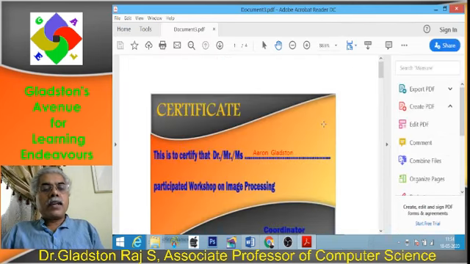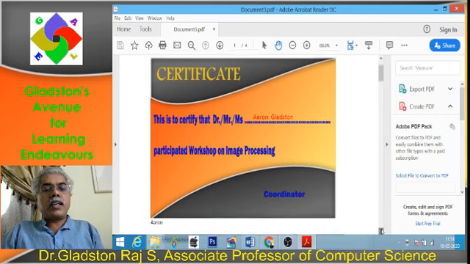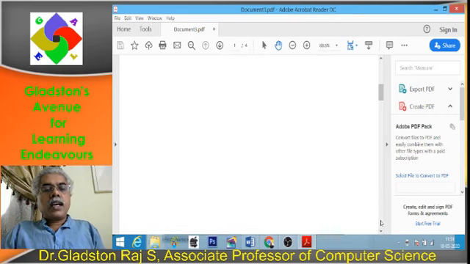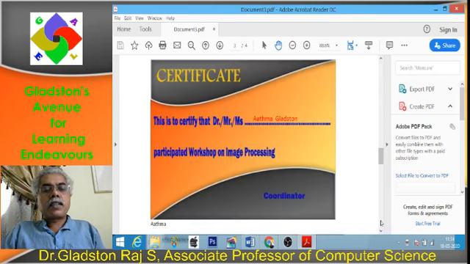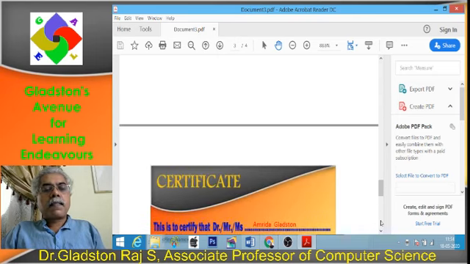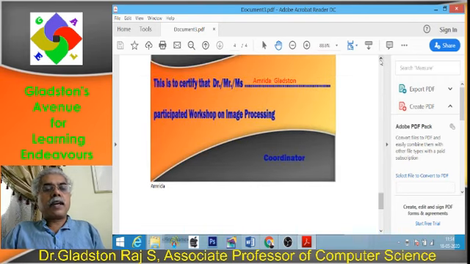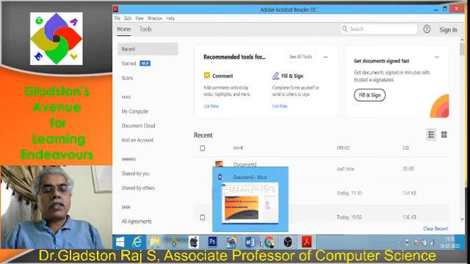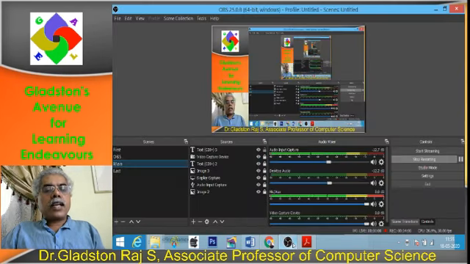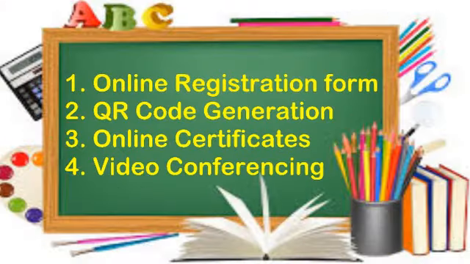It will open. Now you can see the first certificate with the name of the first person, Aaron, and the second certificate moves down. You can see second Atmik, third Atma, fourth Amridam. All the certificates get prepared. You can mail them to the corresponding persons through mail ID, so that everything will be moved to their sites and they can get their certificates.